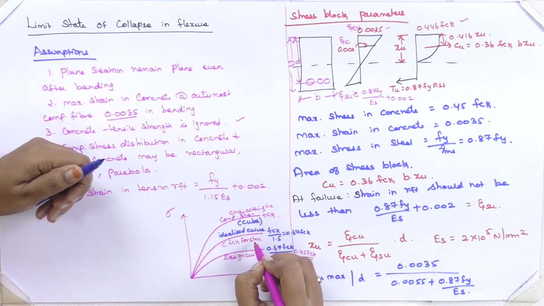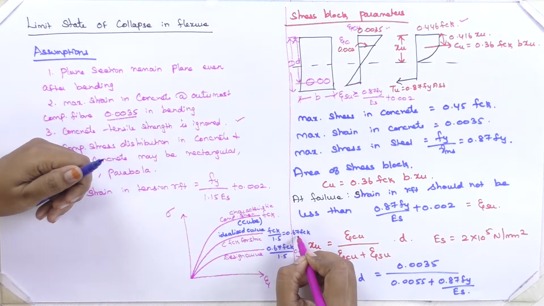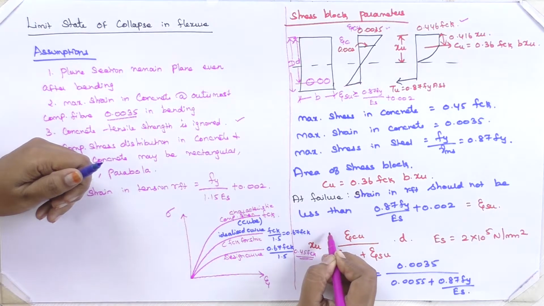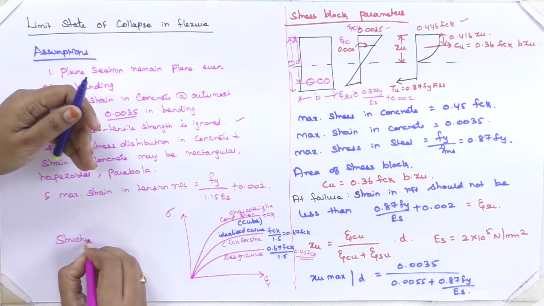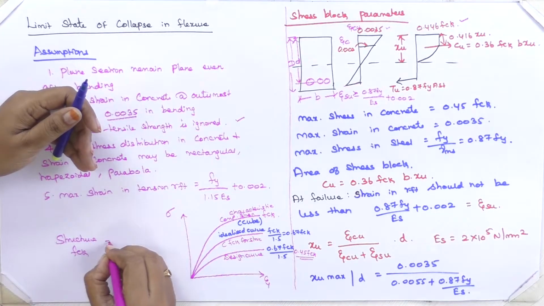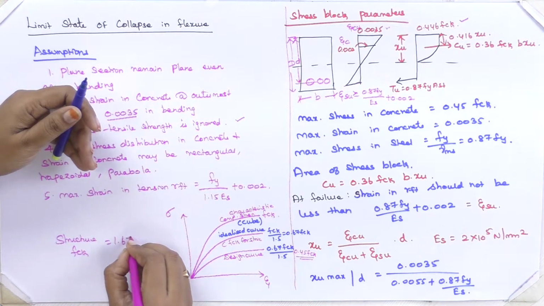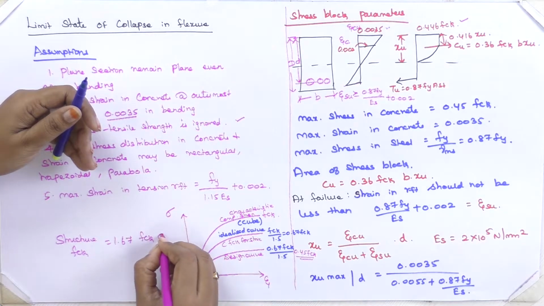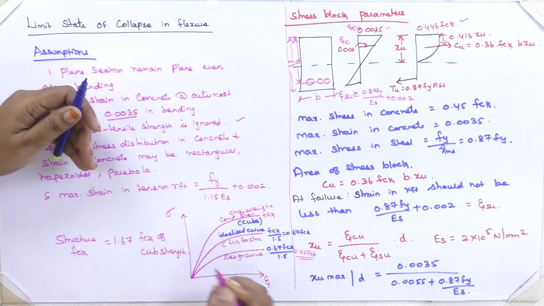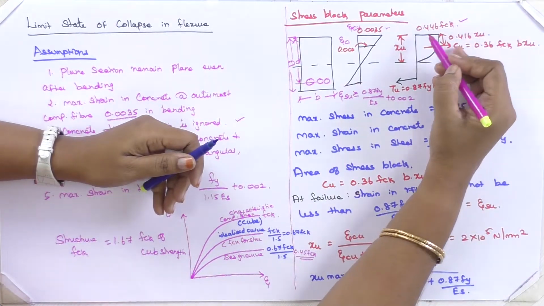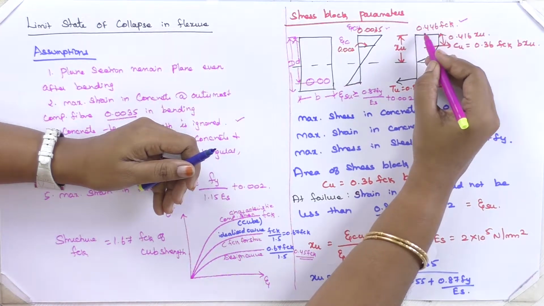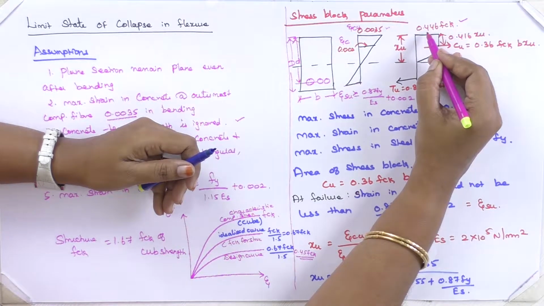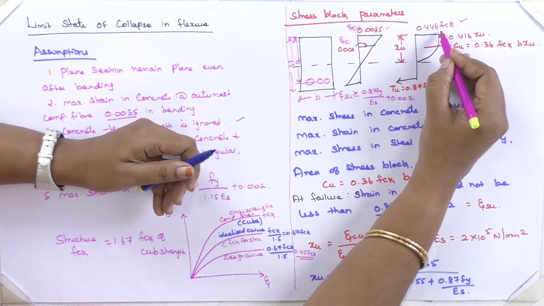That is, for a structure, it should be 0.67 times the compressive strength of your cube. You can write structure FCK should be 0.67 times the FCK of cube strength. Okay, so you will get the ultimate stress in your concrete as exactly I have written it as 0.45 FCK,